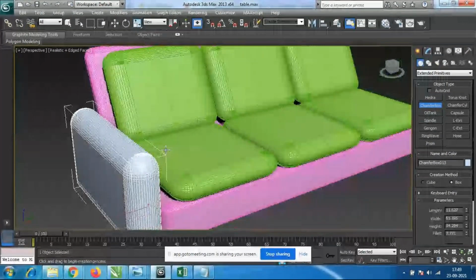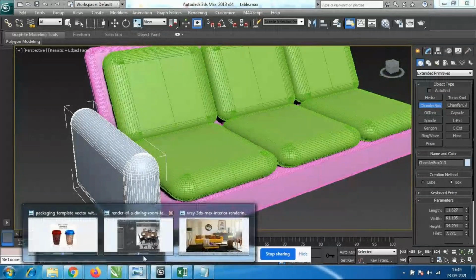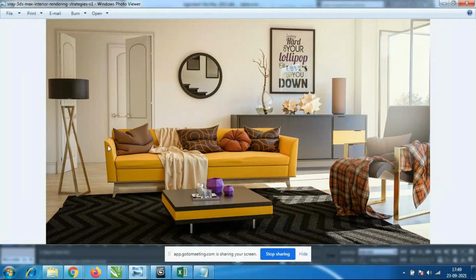Let me check the design. So we have this sofa design. This is a different shape, which is bending only on one side like this. We have to use the advanced tool option for this. Anywhere we have to make a bend, for that we have to go for the advanced option. Any curve shapes we have to make. So in this pillow, these curve shapes are added, more curvy things are there.